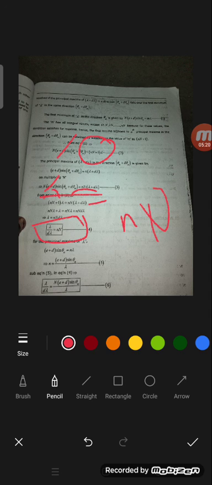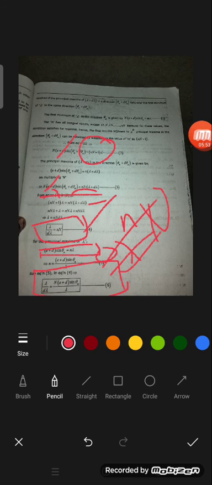This is the ratio of the wavelength of the spectral line to the smallest differential value of wavelength. For the principal maximum of lambda, we have (e plus d) sin theta n equal to n lambda. From this, the small n value is equation 5. Then substitute the equation 5 value in 4. We will get lambda by d lambda equal to N (e plus d) sin theta n by lambda. So this is the resolving power of the grating.